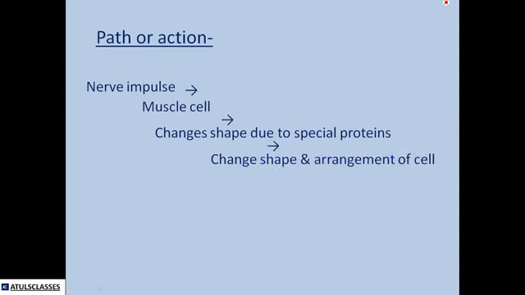Then there is a change in shape and arrangement of the cell, causing action, and the shortening of muscles occurs, which is the contractile action of the muscle. So this is the whole path of action, starting from receiving of the nerve impulse and the detail that is taking place in